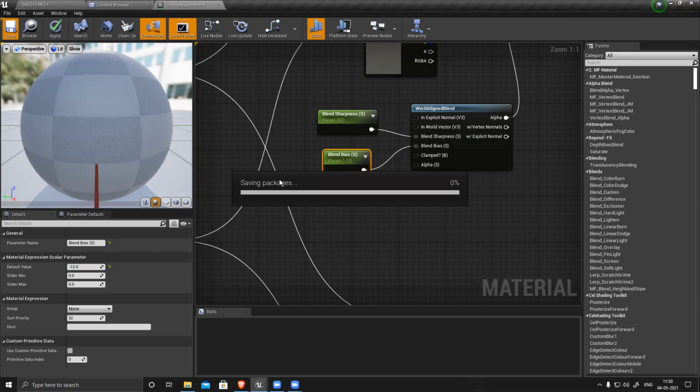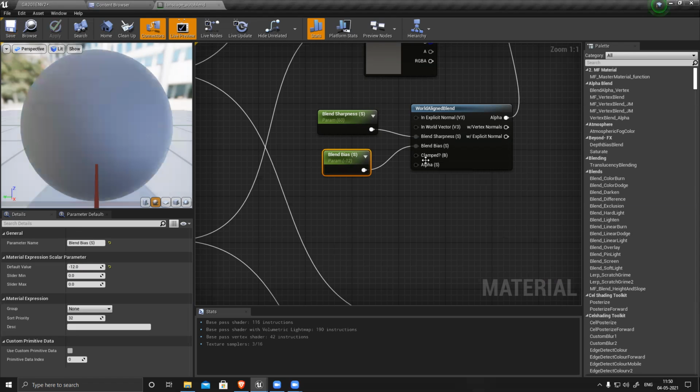Or if you want to have some very specific alpha, you can connect a specific alpha texture. Suppose you have a plane, and on that plane you have a very specific area where you want to generate this, you can connect the alpha also. Okay, so it's done.